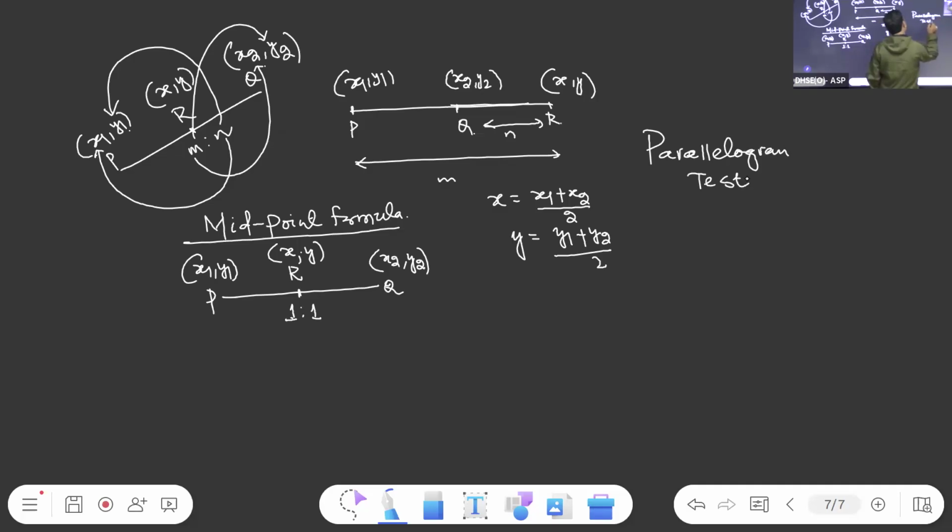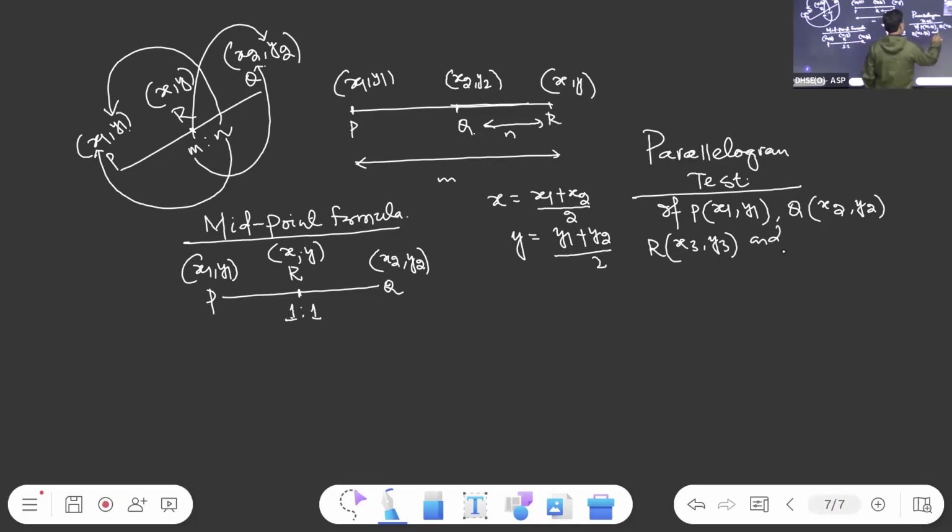Parallelogram test. If P x1, y1, Q x2, y2, R x3, y3 and S x4, y4 be the vertices of a parallelogram, taken in order, then